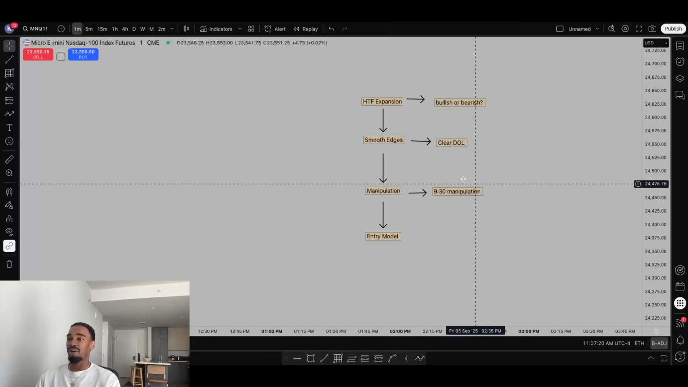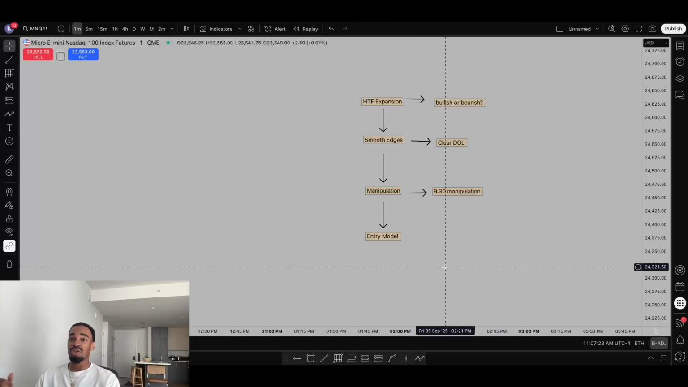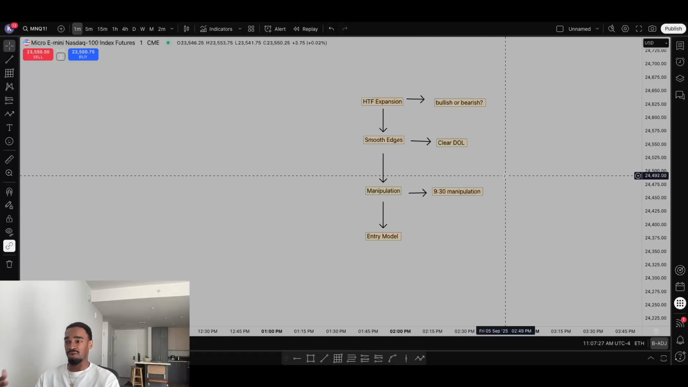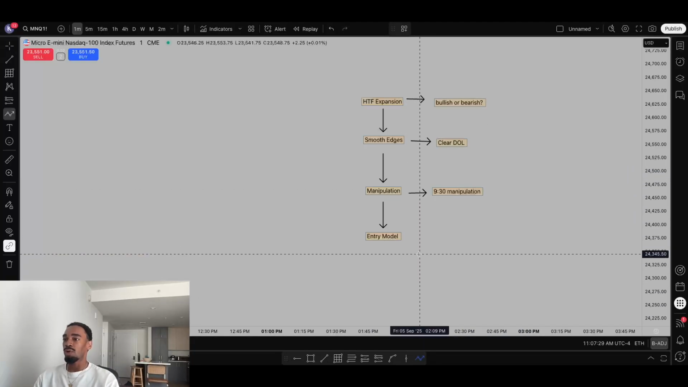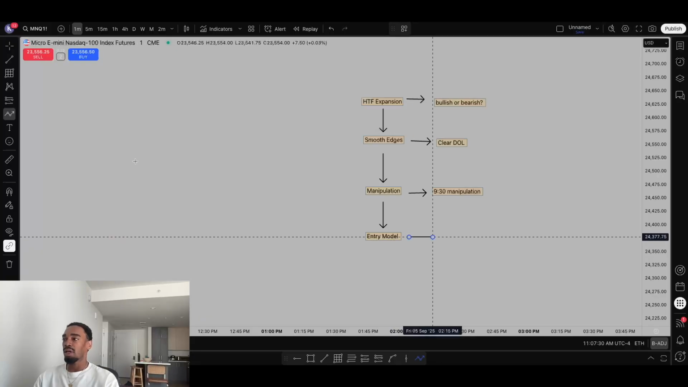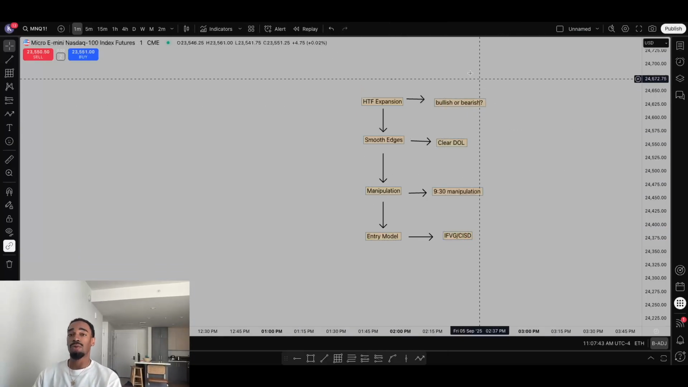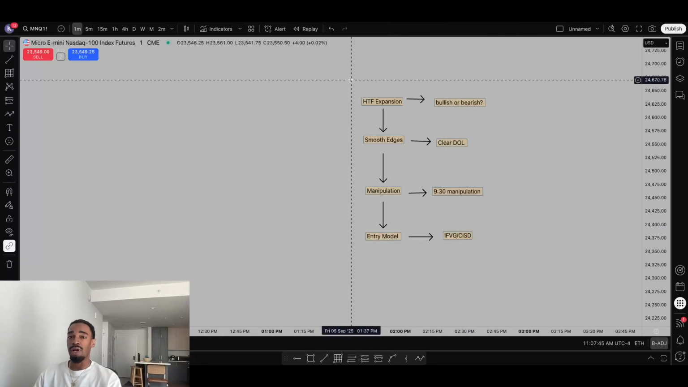So after we have our 9:30 manipulation into our area of the opposing direction of draw on liquidity, then we will have our entry model. Me personally, what I like to see is an inversion fair value gap paired with a change in the state of delivery. Okay, so this entire flow right here is exactly what I look for every single day when I